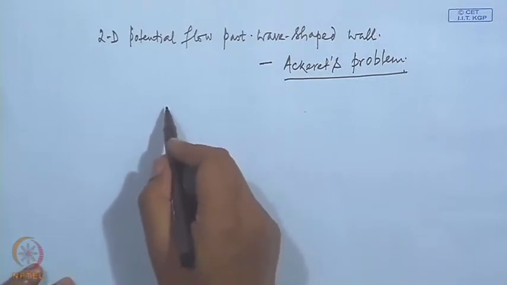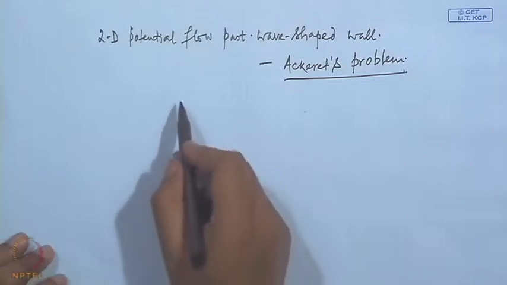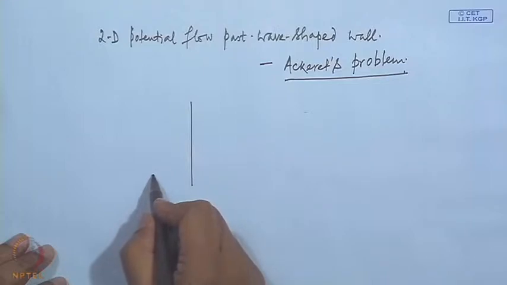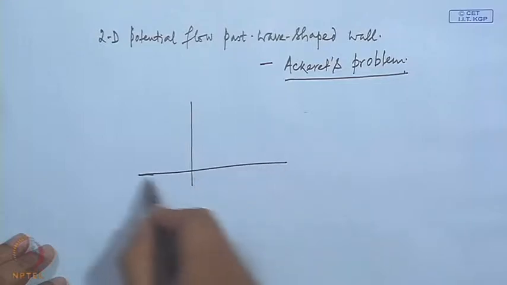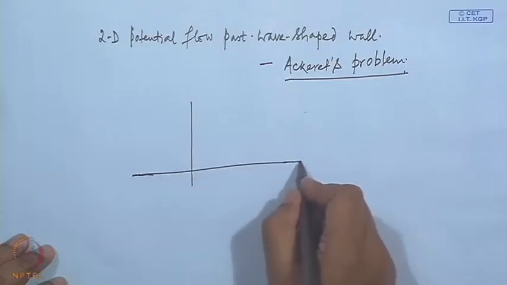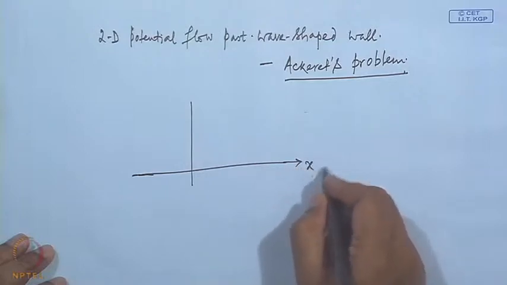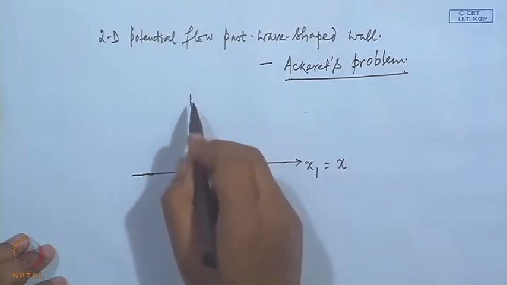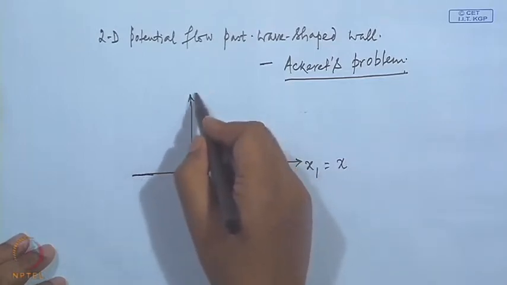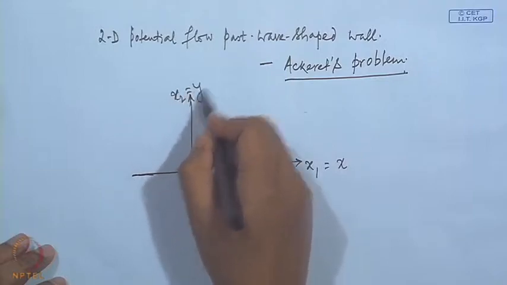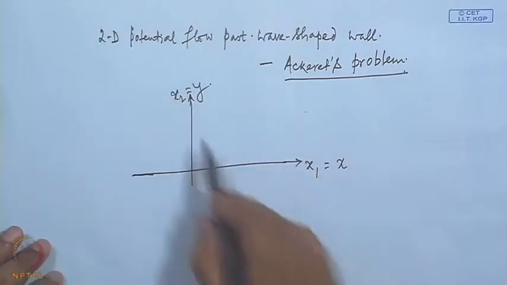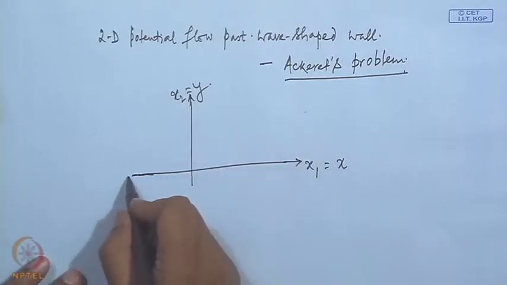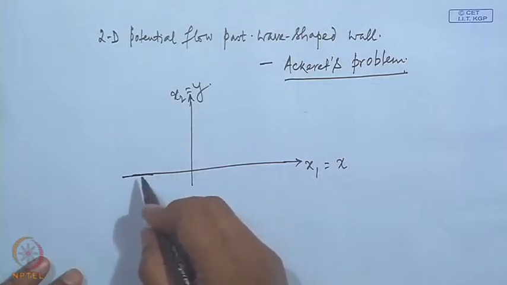Now, let us consider flow over a wave shaped wall. We will now denote these two directions x 1 and x 2 by x and y. So, instead of using x 1 and x 2, we will now use x and y, and let us say that this is the